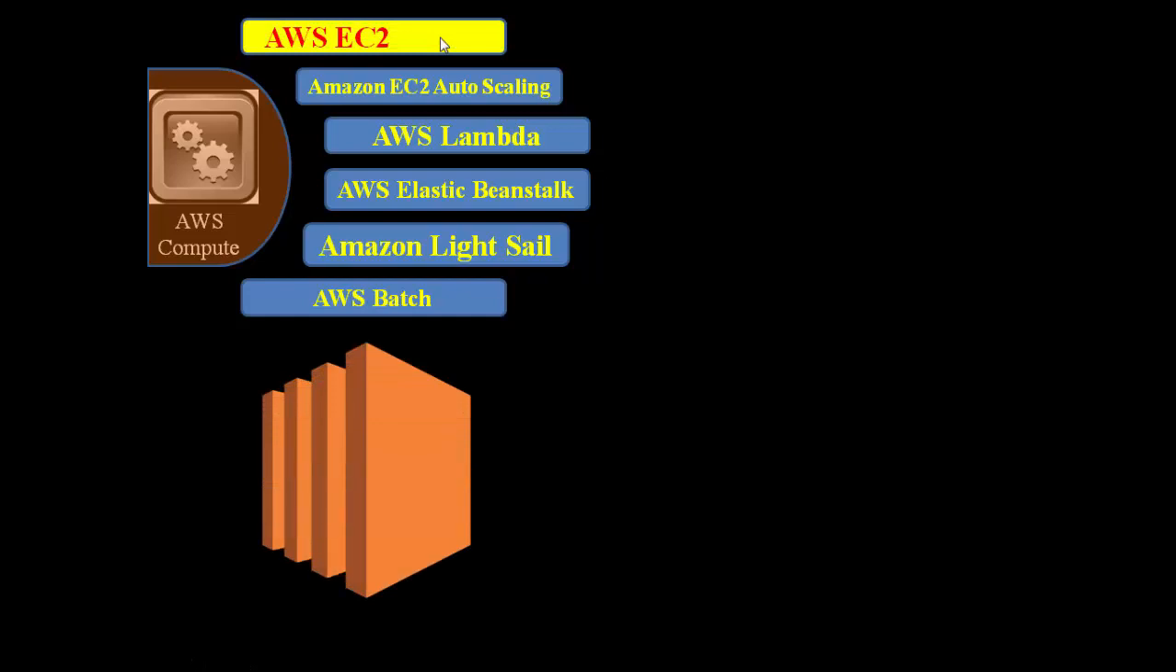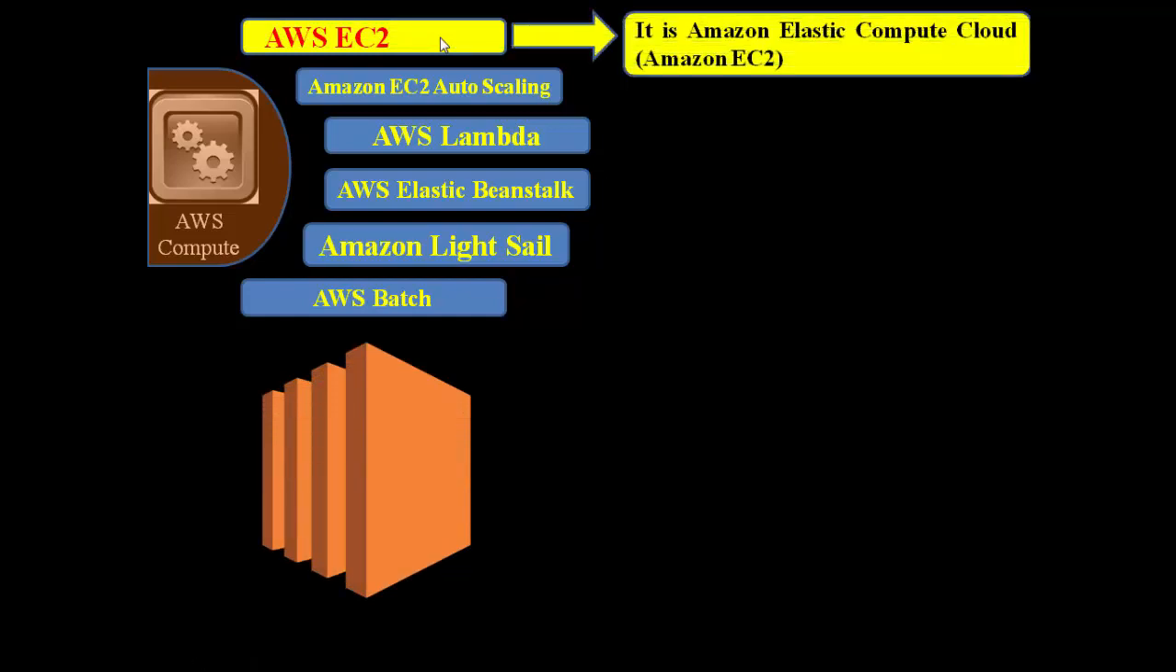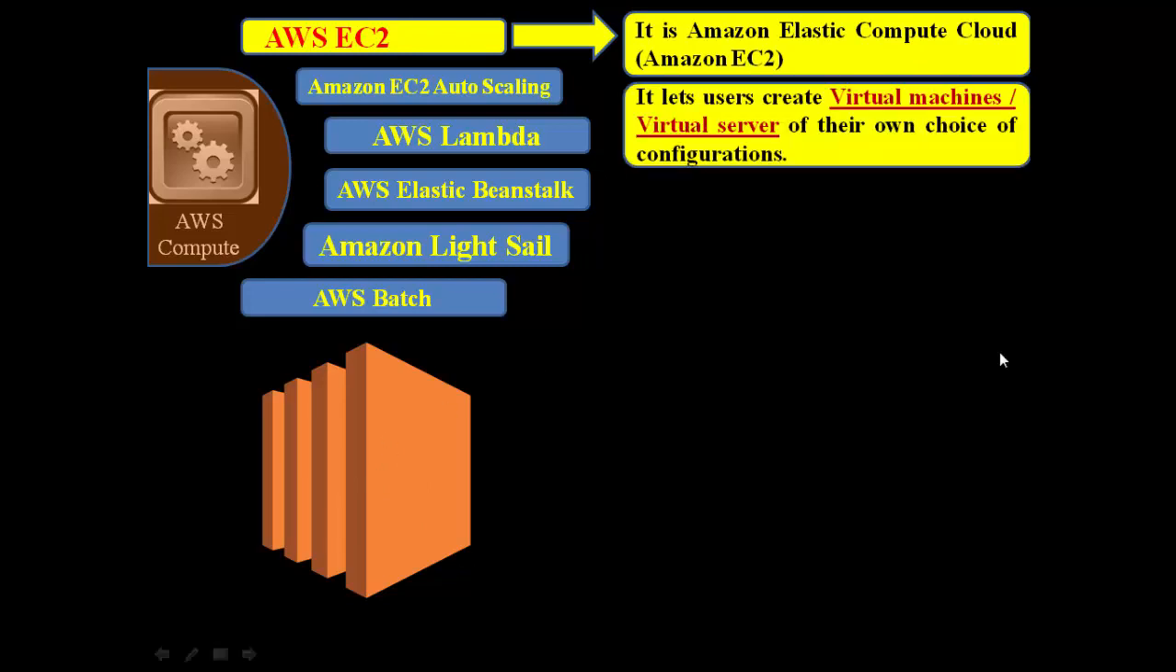AWS EC2, as we discussed, is Amazon Elastic Compute Cloud. It is also known as Amazon EC2. This is the icon of AWS EC2. The use of AWS EC2 is that you can create your own virtual machine or virtual server on cloud by using